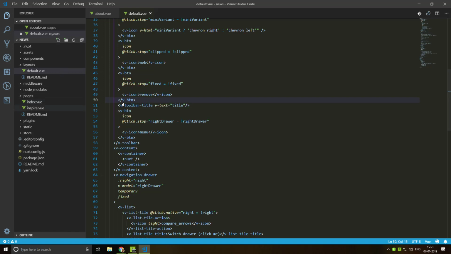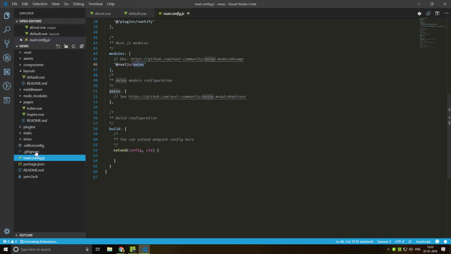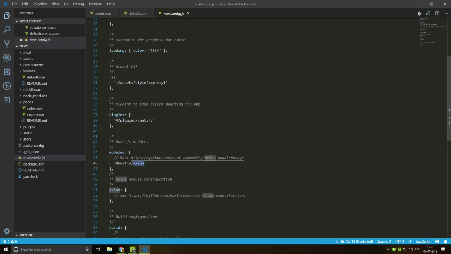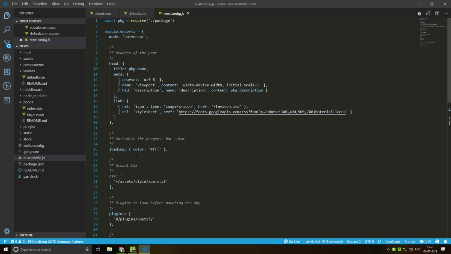Alrighty, so there are a bunch of things here that you may observe. One is the nuxt.config.js. It has the plugin that we installed, Vuetify. It has Axios as a module, and you can create your own plugins and modules as well. And you can also see the mode as universal. We can use a single page app here instead of universal, in which case we are going to just ignore